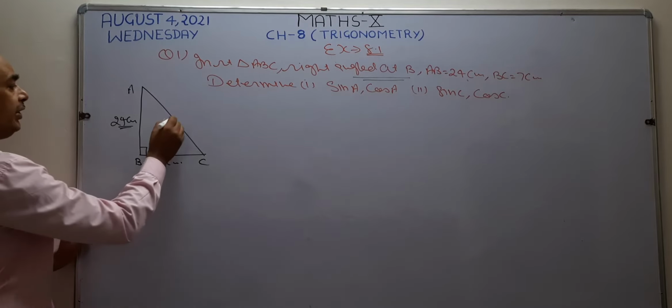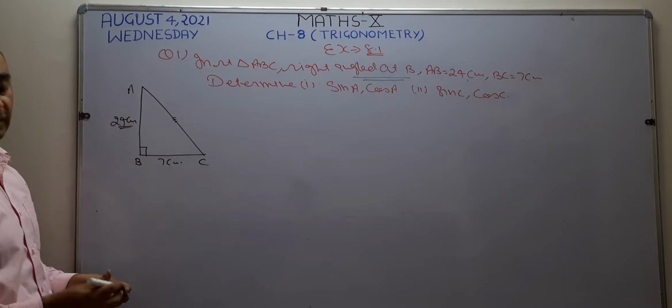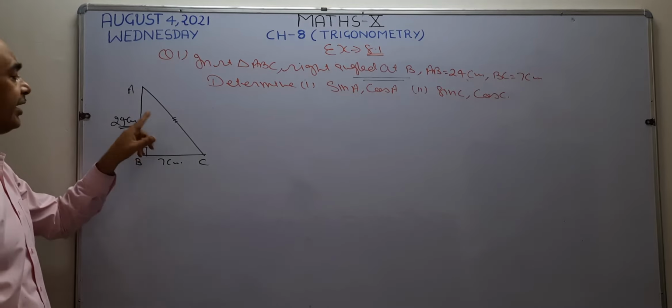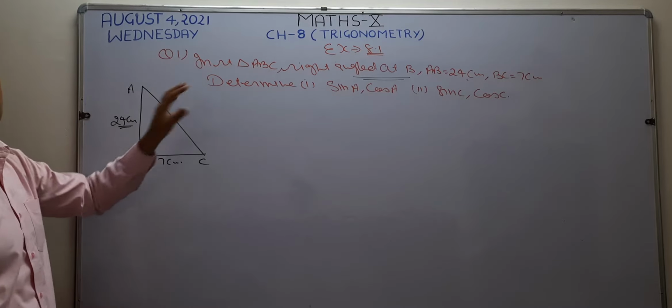First we are going to complete our triangle. I want to find the third side of this triangle. How is it possible? How do we find the third side of this triangle? Since this is a right angle triangle, we are going to use Pythagoras theorem to find out the third side of this triangle. In every such question I want to use Pythagorean theorem to find the third side.